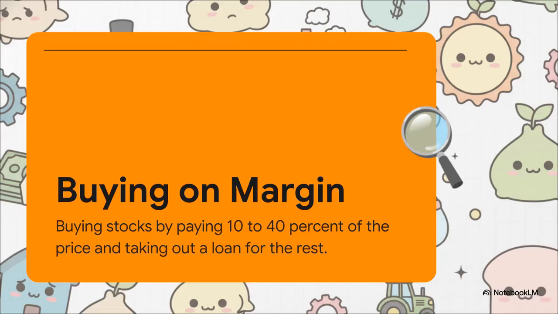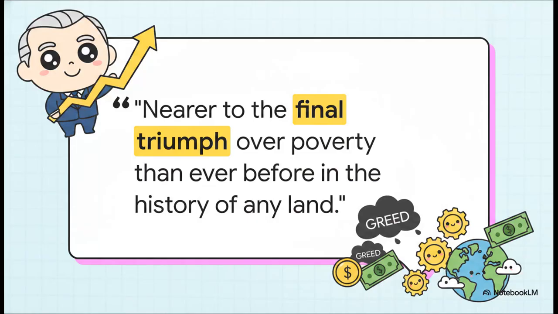Now, you've got to understand this concept right here: buying on margin. By 1929, an alarming 40% of U.S. consumer debt was being used strictly for this risky stock speculation. I mean, people were literally going to the bank, asking for a loan for a house or a farm, and then using that cash just to buy stocks. You only had to put down 10 to 40% of the actual stock price, assuming you'd just pay off that massive loan when the stock inevitably soared. It was pure fantasy. Get a load of this quote.